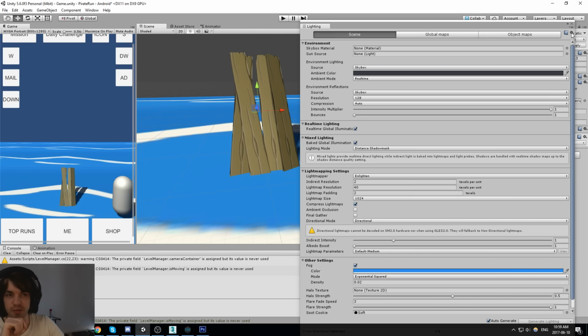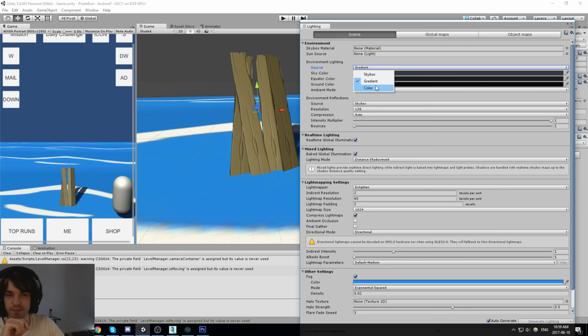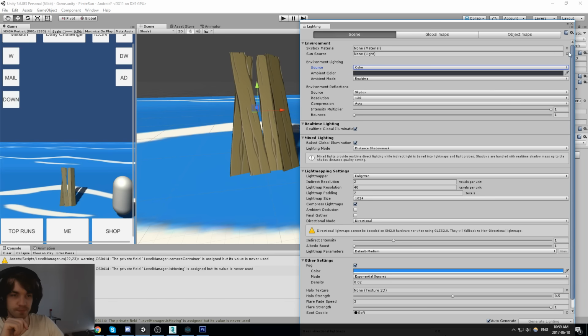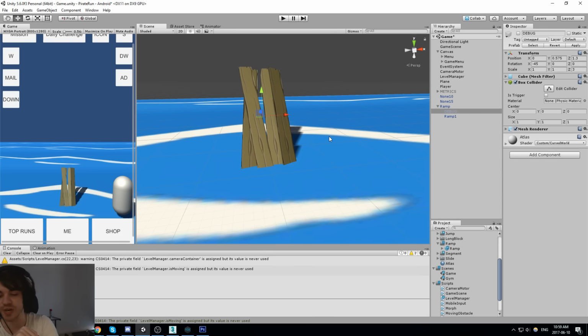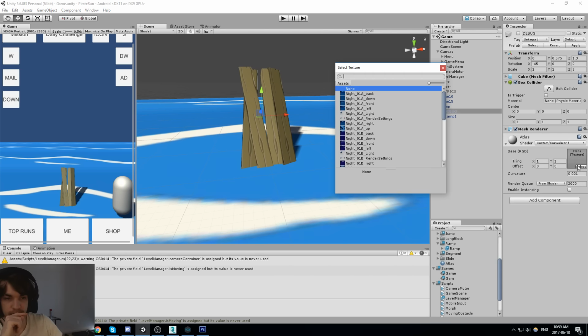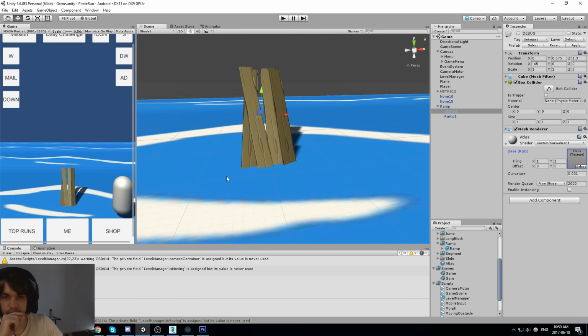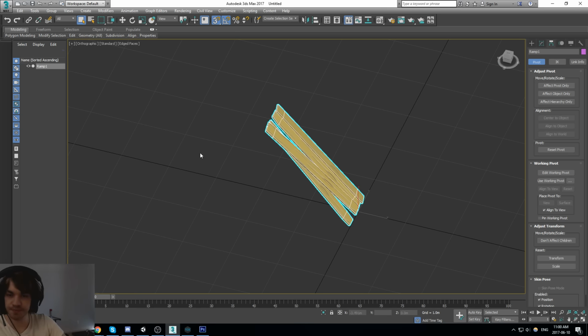You know, it looks already a little bit better like that without a skybox. But we're gonna have to play with these in the end once we have our proper shader. Alright. Cool.